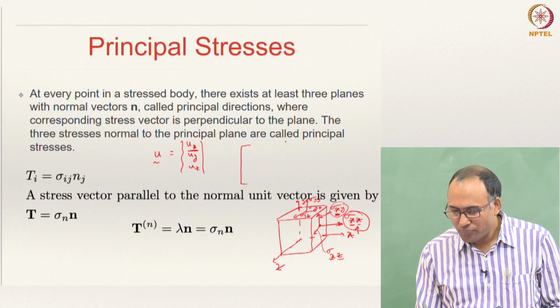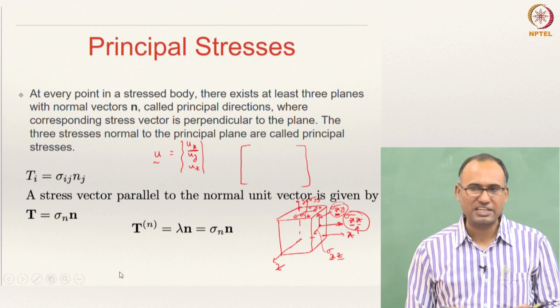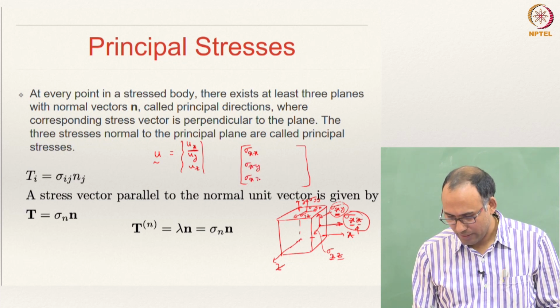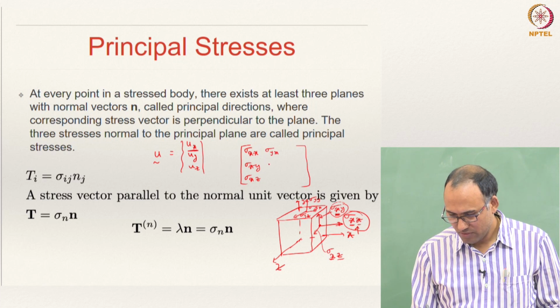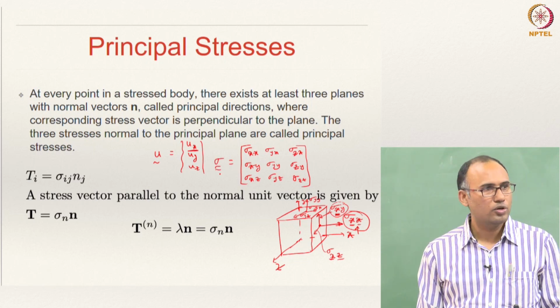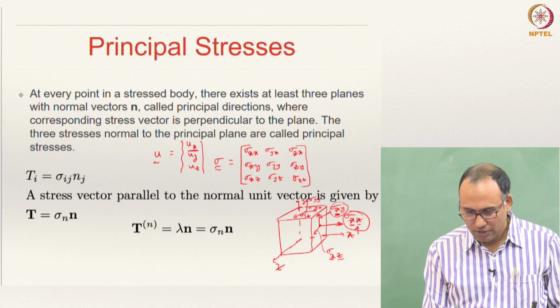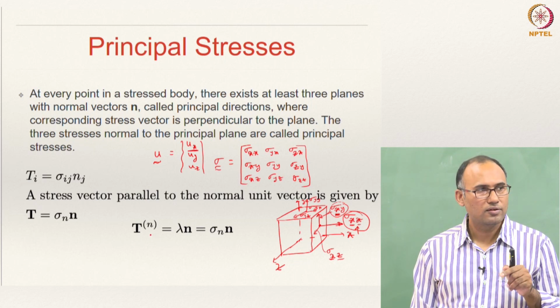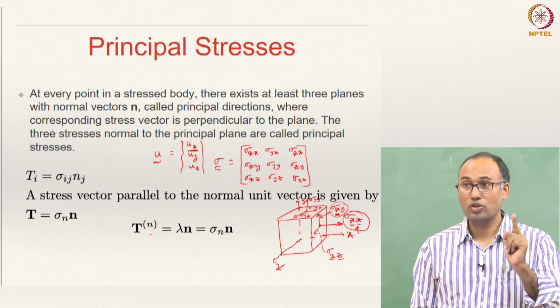in some mathematical form that is concise, we use matrix representation. So, that is why you would have written sigma as sigma xx, sigma xy, sigma xz, sigma yx, sigma yy, sigma yz, sigma zx, sigma zy, sigma zz. And this is what we call the stress tensor. I put 2 tildes below to represent that it is a second order tensor, 1 tilde to represent that it is a first order tensor. So, a vector is a first order tensor.